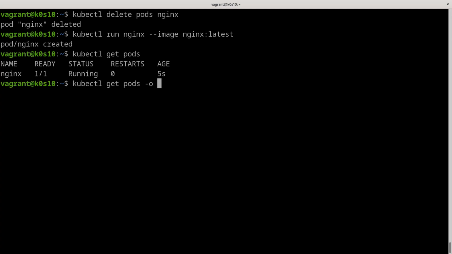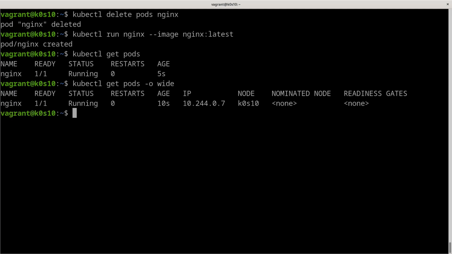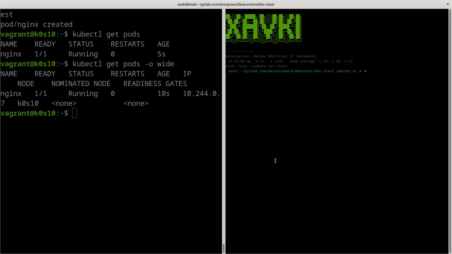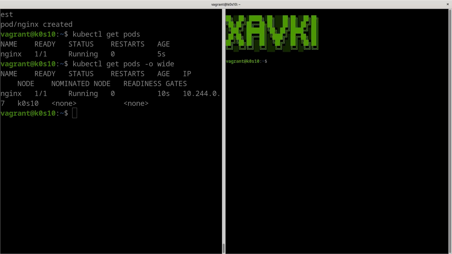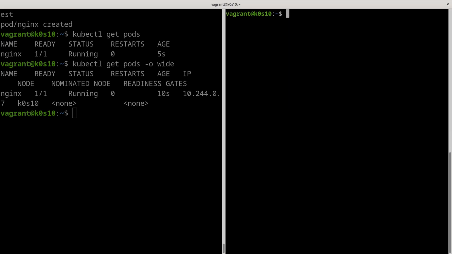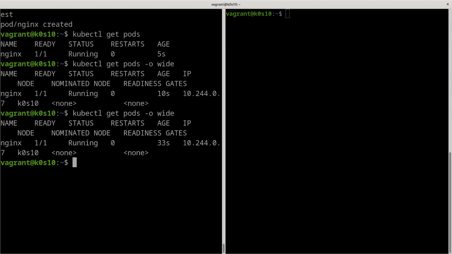We can just gather the IP. So we have our IP here. And now what we want to do, I just open a second terminal and I will connect again on our virtual server, to be sure to have access to our Kubernetes cluster. And after that, we have only one Kubernetes pod here.